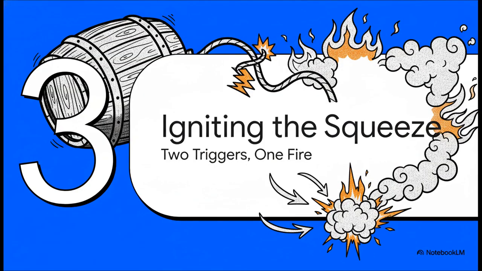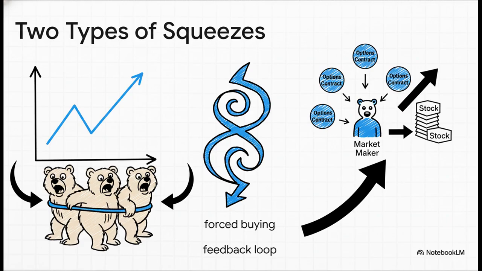So, when you have that much short interest all piled up on one stock, you've basically created a financial powder keg. It's just sitting there, waiting for a spark. And that spark, the thing that ignites a massive short squeeze, usually comes in one of two flavors. First, you've got your classic equity squeeze. This one is pretty straightforward and happens right in the stock market. The second kind is a bit more complex. It's called a gamma squeeze, and it's born out of the wild world of options trading. The scary part? Both of them create these intense feedback loops of forced buying.